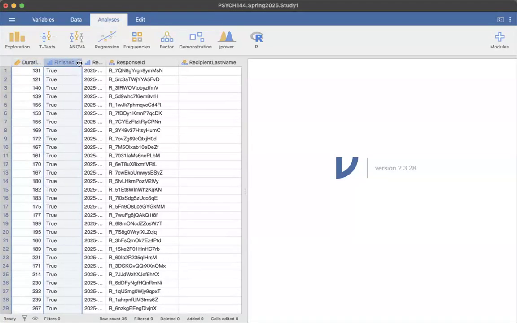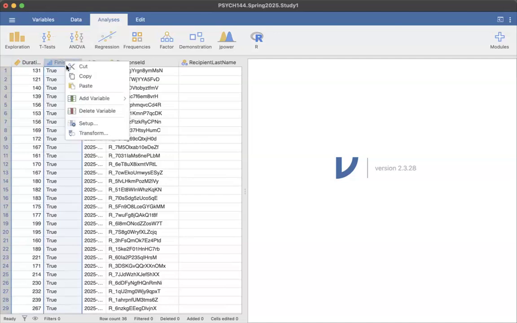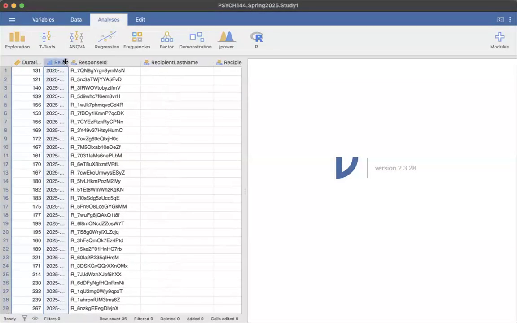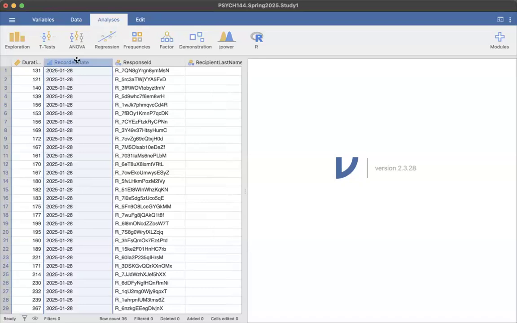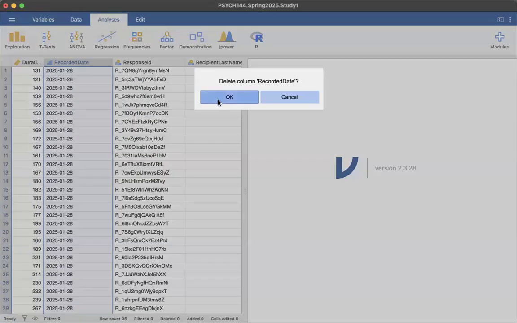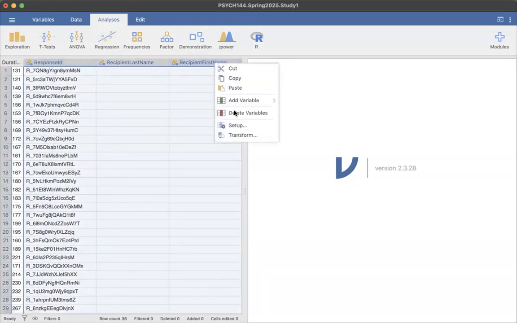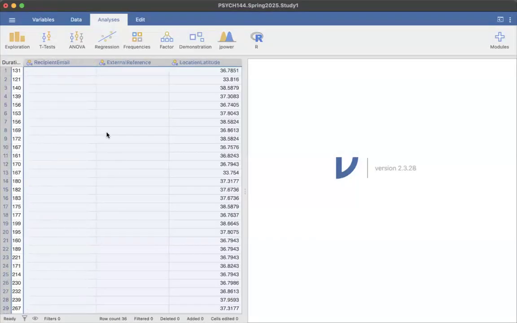This is a finished variable. I don't need that. That's the same thing as the progress. I'm going to delete that. I don't need this recorded date. It gives you all sorts of stuff. It's like, why are you giving me this? You're just making it all sorts of busy. We have a response ID. That isn't useful for our purposes, so I'm not going to keep that,